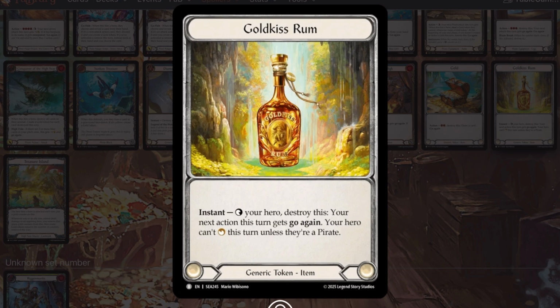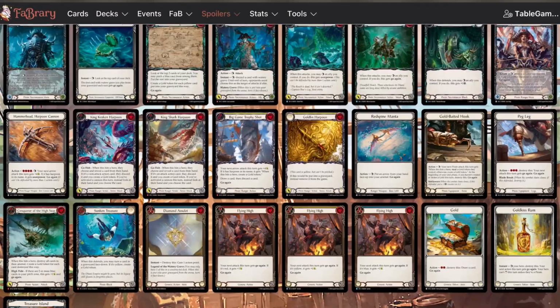Gold Kiss Rum is a token that has an instant speed ability: you can tap it, tap your hero, destroy the Gold Kiss Rum token, and then say your next action this turn gets Go Again, and your hero cannot untap this turn unless they're a pirate. So I assume the way that tapping works in this game is that everything untaps. Oh, that would make sense. Because I was thinking